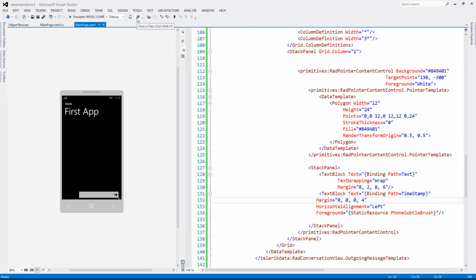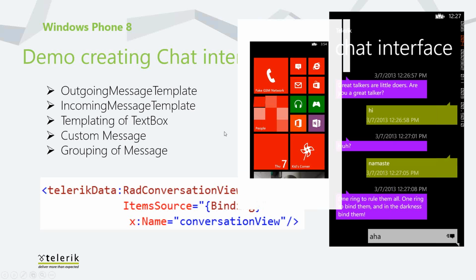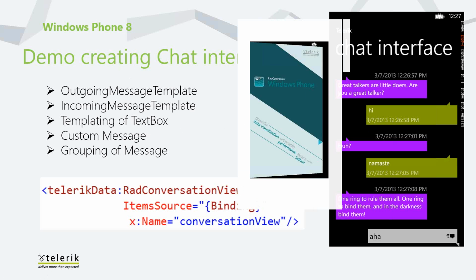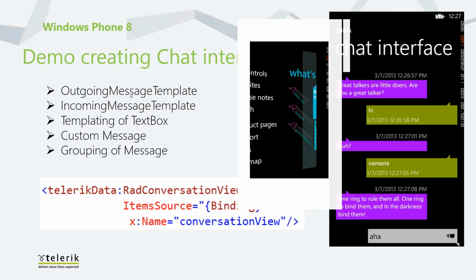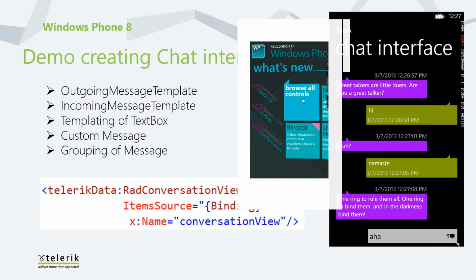Now we are running out of time. We had one more thing to show you in this particular demo, which I'm not going to write now. I'll show you in already written code, and quickly then we'll move to data visualization using chart. So here we just noticed that in the chat interface we can manage the outgoing message template, the incoming message template, we can create a template for the text box which we created, we can have custom message, we can have grouping of message, etc. So here if you go to browse all controls,